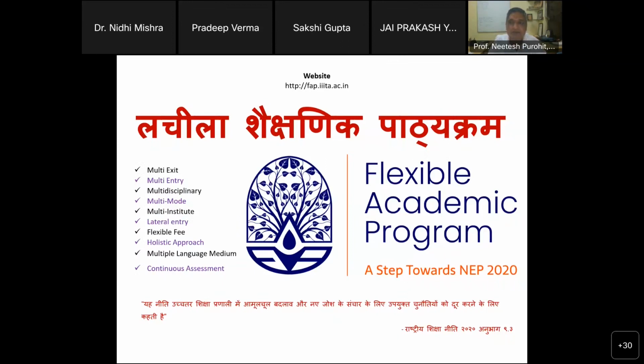The new education policy announced by the government of India, the national education policy, is something which is going to have its role in updating almost all the courses, almost all the disciplines. In fact, we have been seeing it as an opportunity. It's an opportunity to rethink the way we are teaching, the way we are designing, the way we are making different resources available to our students.